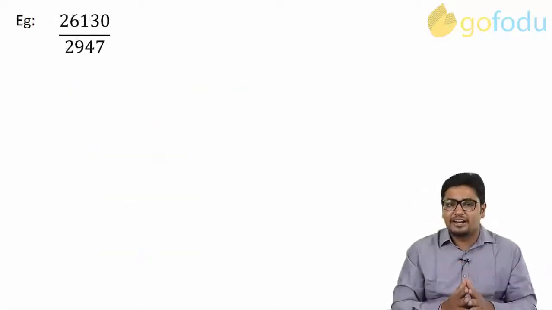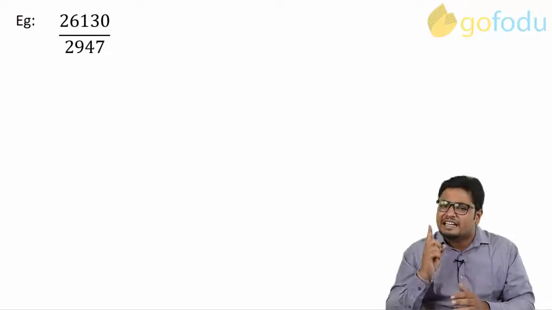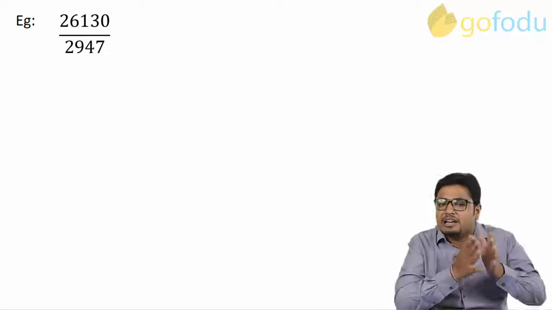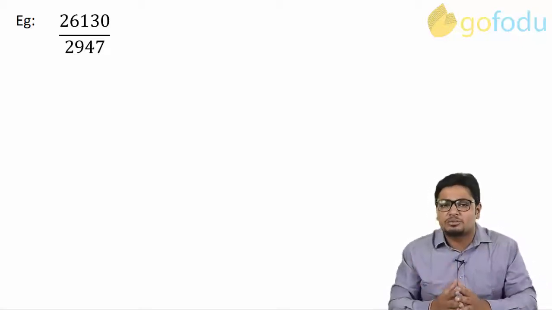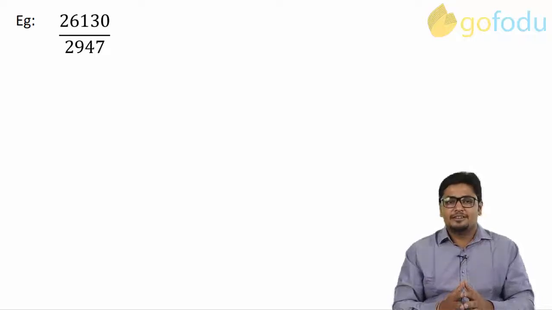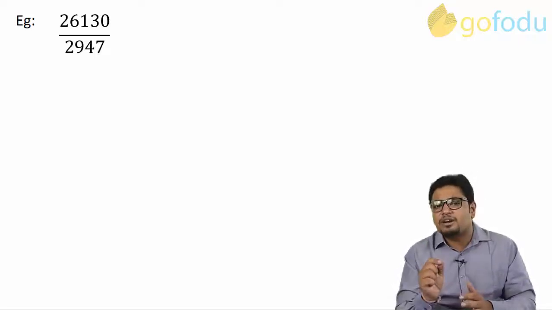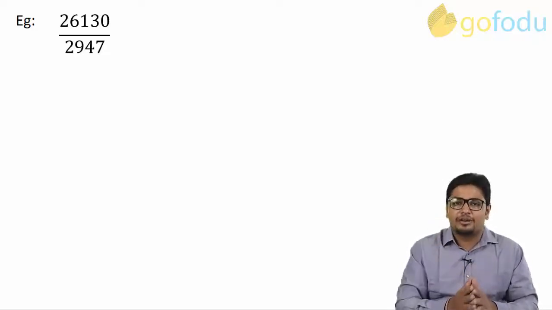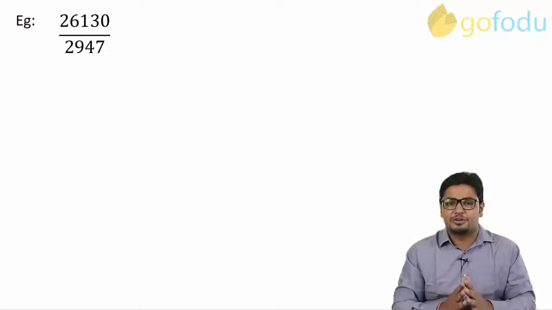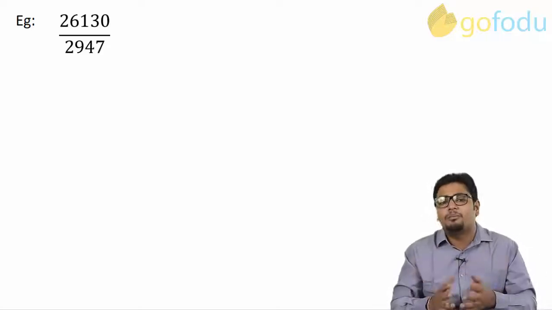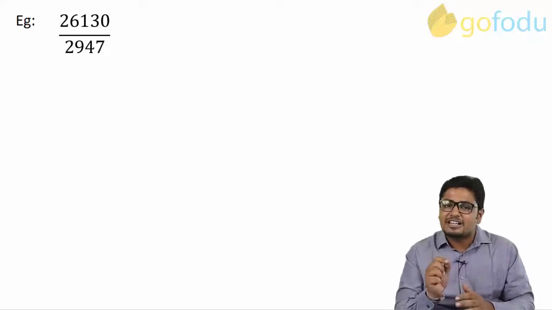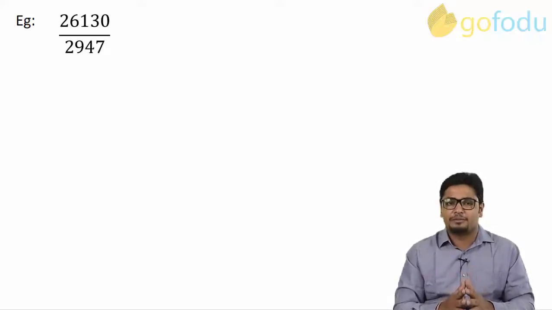Let's move to the third technique, which we all must have used at least once from the time we have learned approximation. But let me tell you the limited and the wrong aspect of the approximation that most of the students do. If we need to figure out an approximate value of this ratio, what we do here is we add 3 to the denominator and make it 2950. Cancel out the zeros and then take the pain to simplify another complicated ratio as 2613 by 295. This is the limited aspect which we did so far.